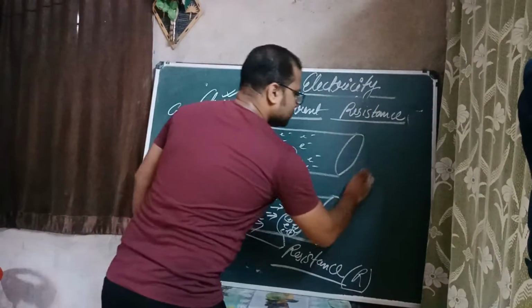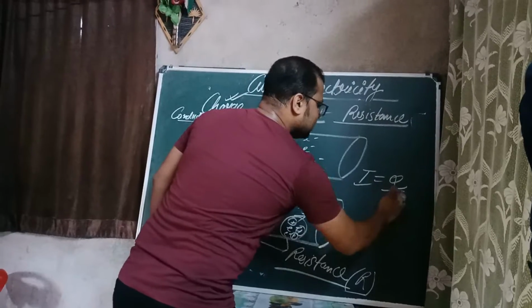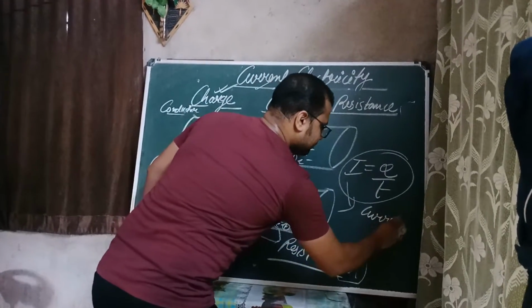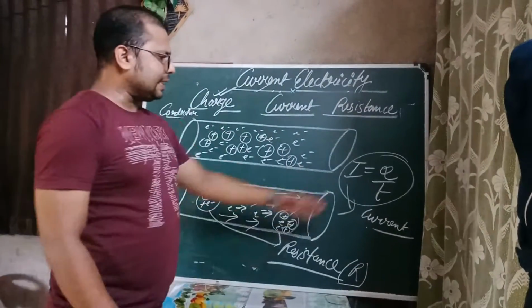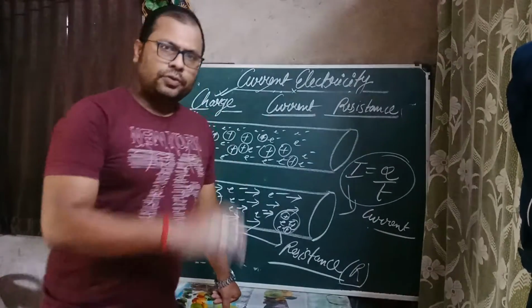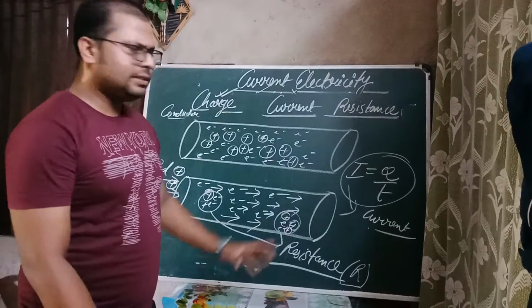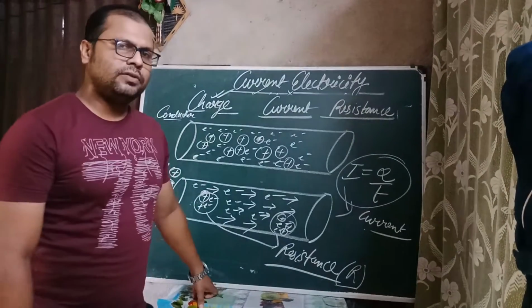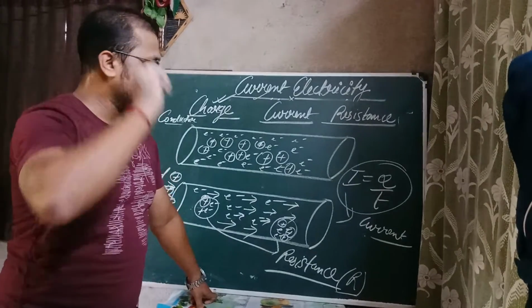when you divide this charge by the time taken, then we find what? Current. Okay, students, the SI unit is ampere. You know that, it is there in the book also. Very simple thing. Charge is clear, current is clear. If you have doubt, please write it down in the comment box. I will be waiting for that.